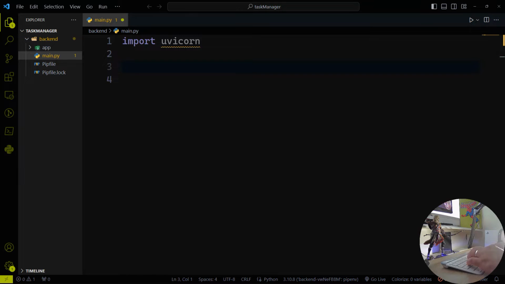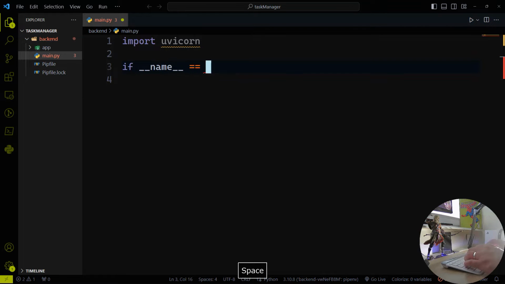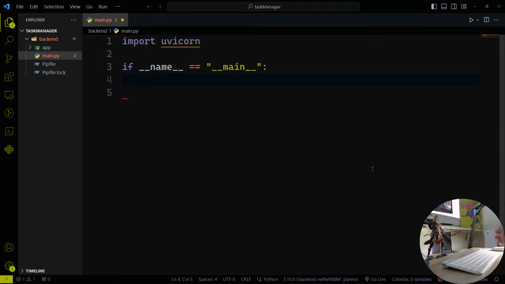All right, so that's the first line. The second line, I want the conditional statement, the if __name__ equals to __main__. If underscore underscore name underscore underscore is equal to underscore underscore main underscore underscore colon, and you hit enter, indented with an indentation of 4 spaces. So this is a conditional statement that checks whether the script is being run as the main program. And when you execute the script directly, so if you do python main.py, this code inside that block will run. So uvicorn.run, open close paren,